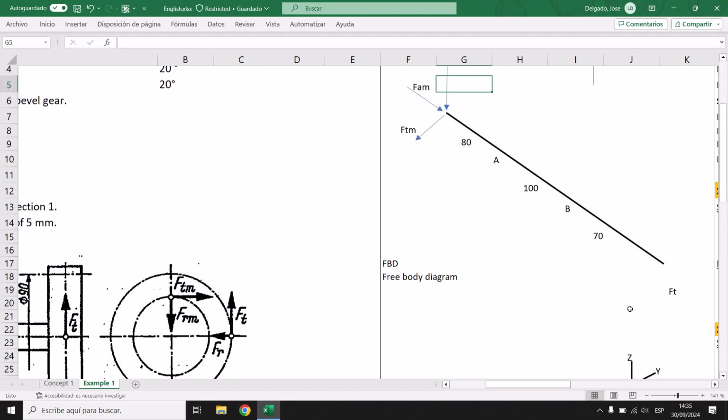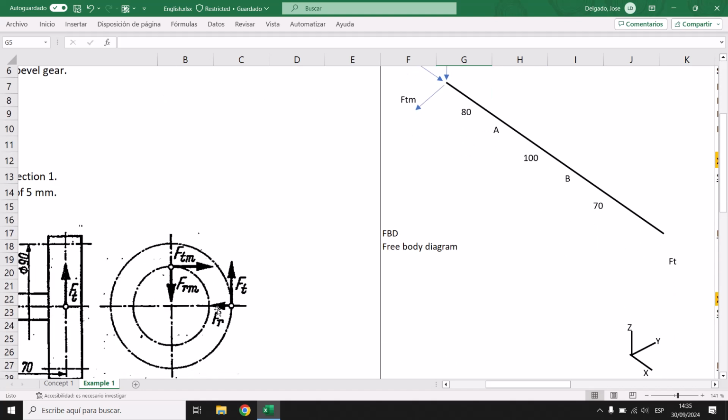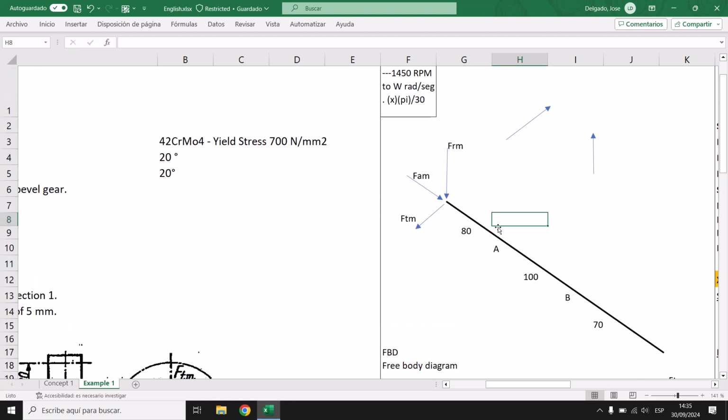So for me, the positive direction is gonna be this. So for me, it's another. You know, just make it your own. Then we are gonna need